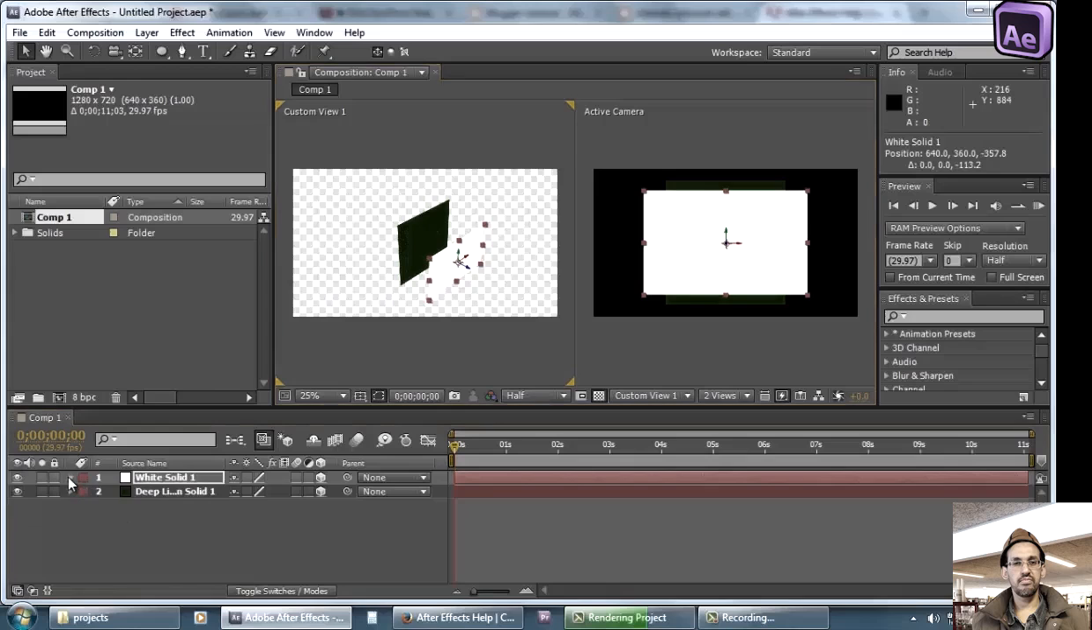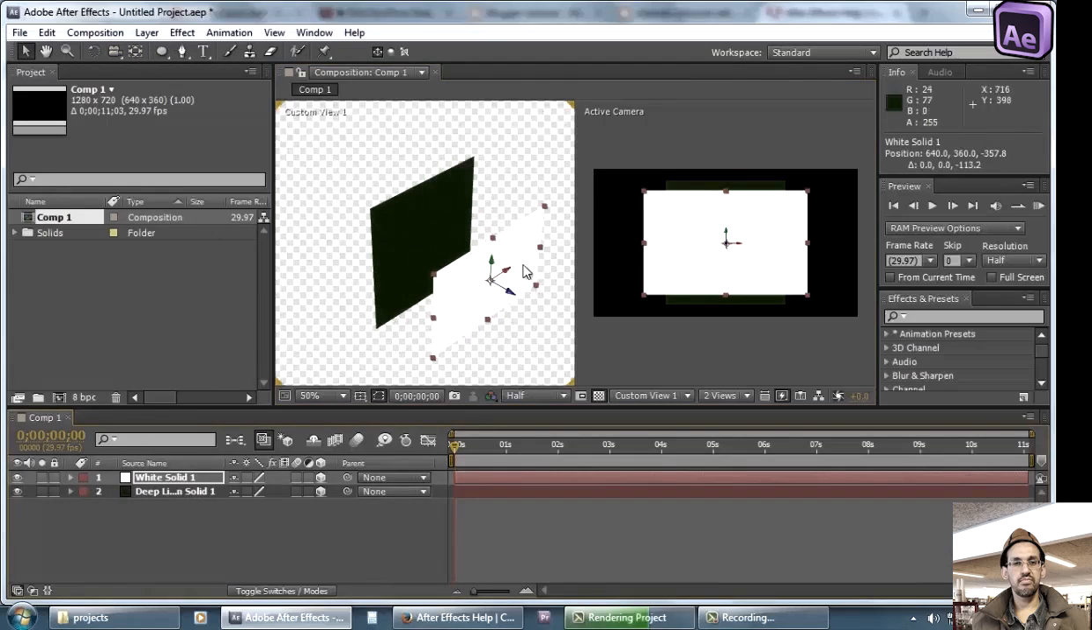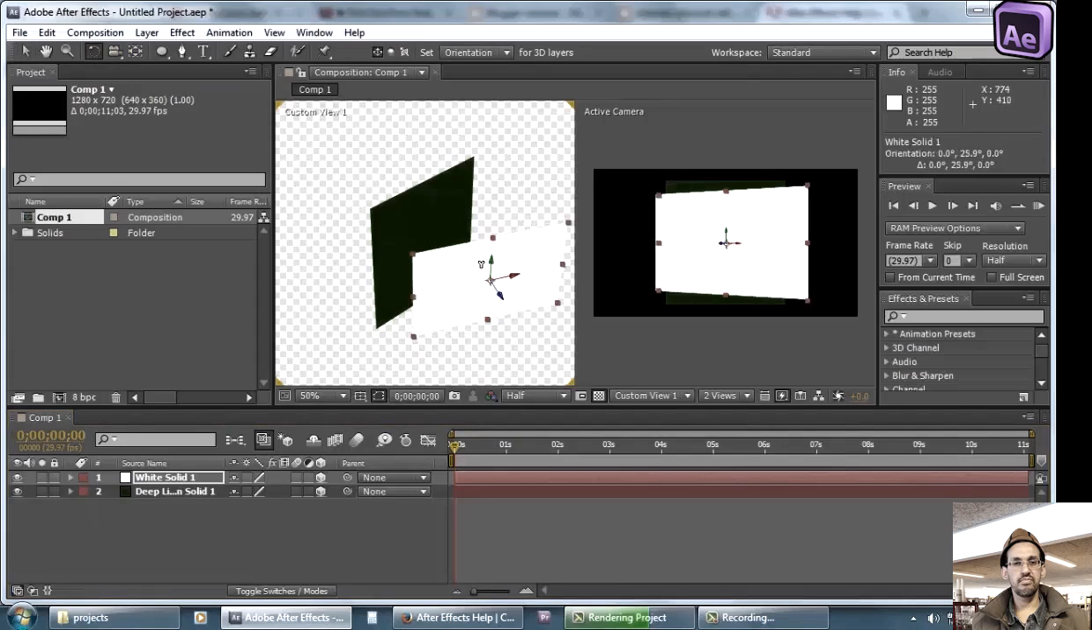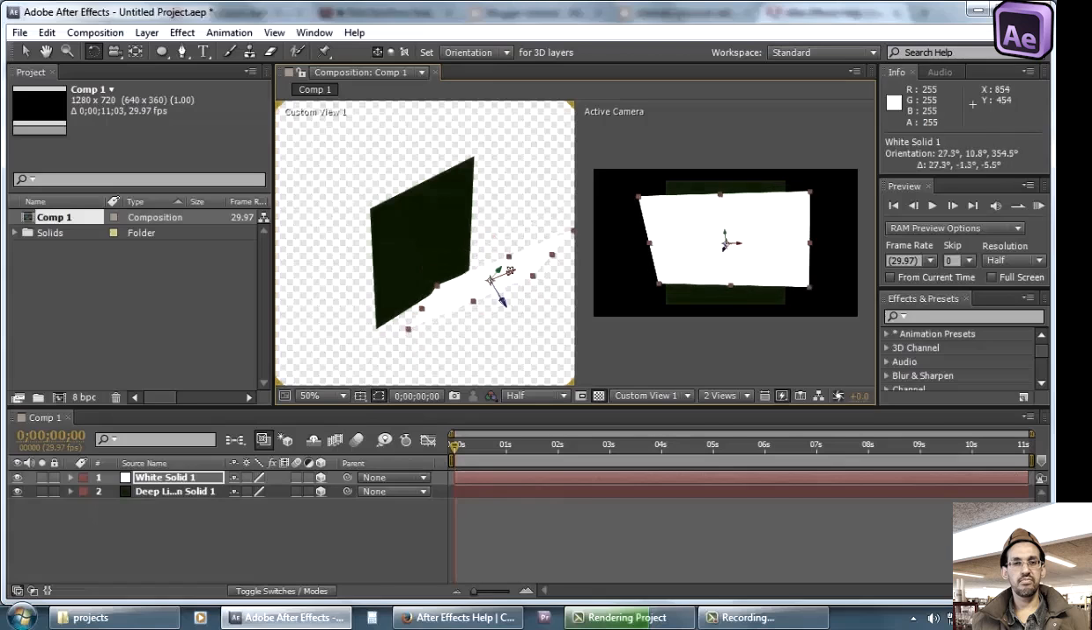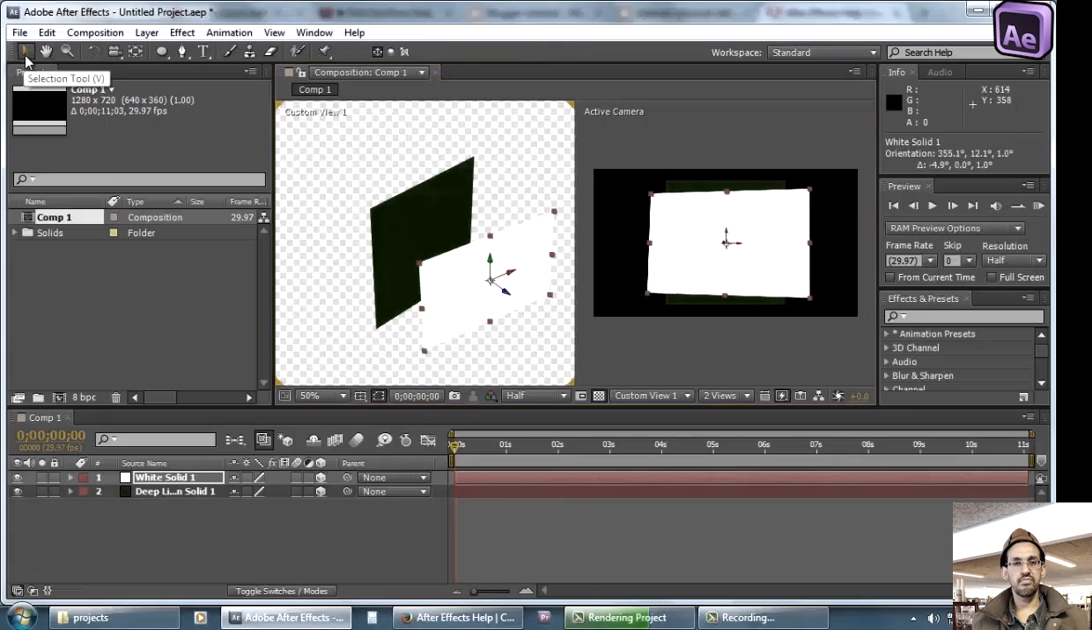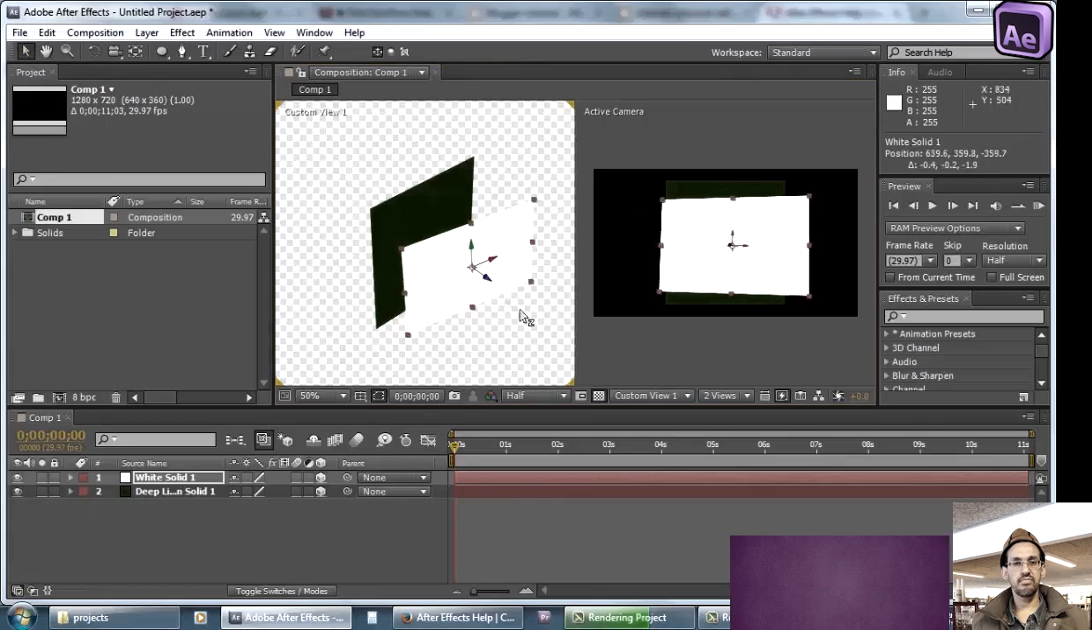So if we rotated this, we can also use these icons or these tools for rotating or manipulating the object in 3D space. You can use the rotate tool to rotate the object using its axis, the selection tool to move,